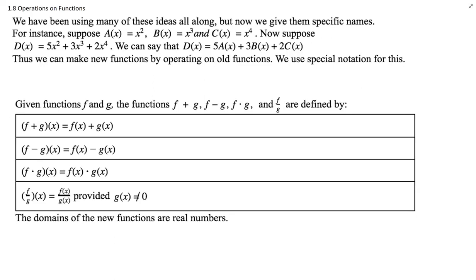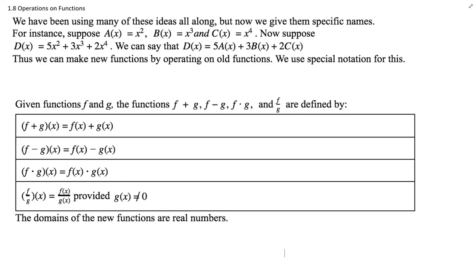Well, hello everyone. In this lesson, we will look at operations on functions. We have been using many of these ideas all along, but now we will give them specific names. For instance, if we had a function a of x equals x squared, b of x equals x cubed, c of x equals x fourth, and suppose d of x equals 5x squared plus 3x cubed plus 2x fourth, we